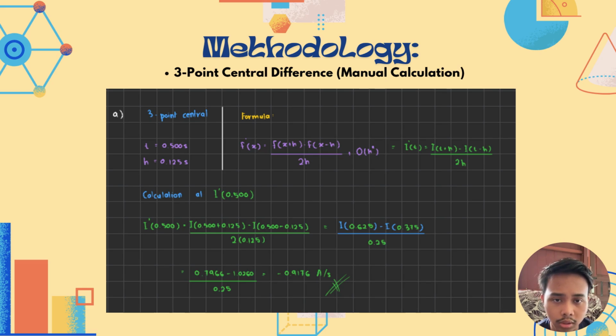We set our target time t at 0.500 seconds with a step size h of 0.125 seconds, by plugging in the current values for the forward time and the backward time and then dividing it by 2h. The final result of this manual calculation gives us a value of negative